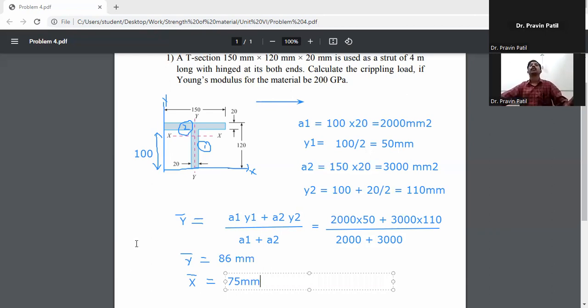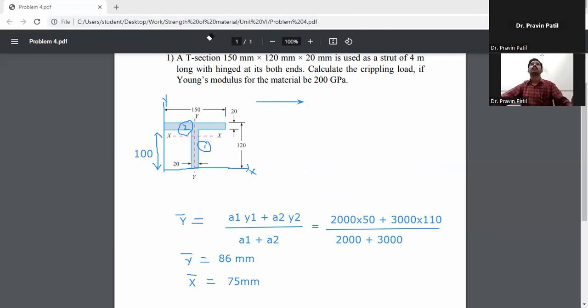Okay. Then next, calculate the moment of inertia. Moment of inertia about